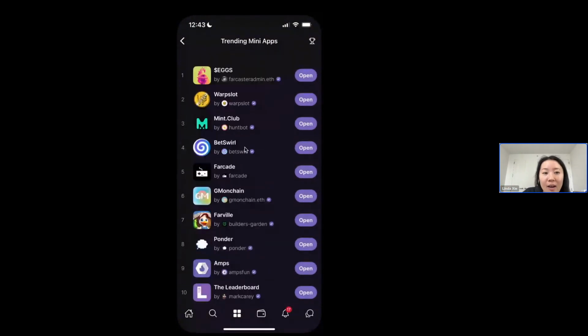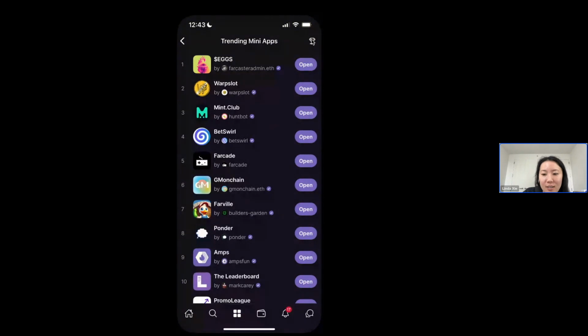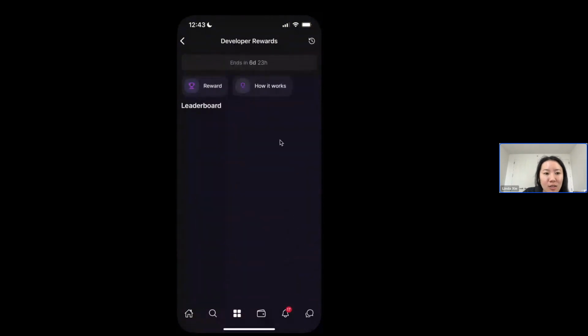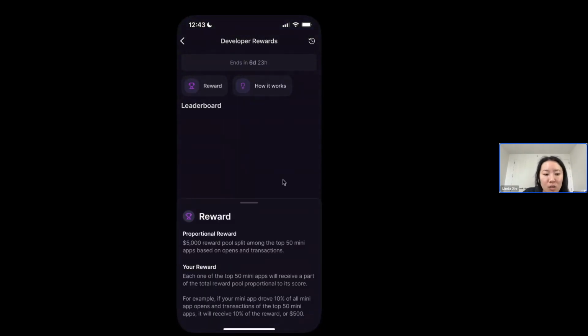We also have, after this hackathon, you can also receive rewards. It just ended an hour ago, so that's why the leaderboard is being refreshed. But we give out $5,000 in weekly rewards to mini app devs, to the top 50, pro rata. And it's a very similar algo as the trending leaderboard.